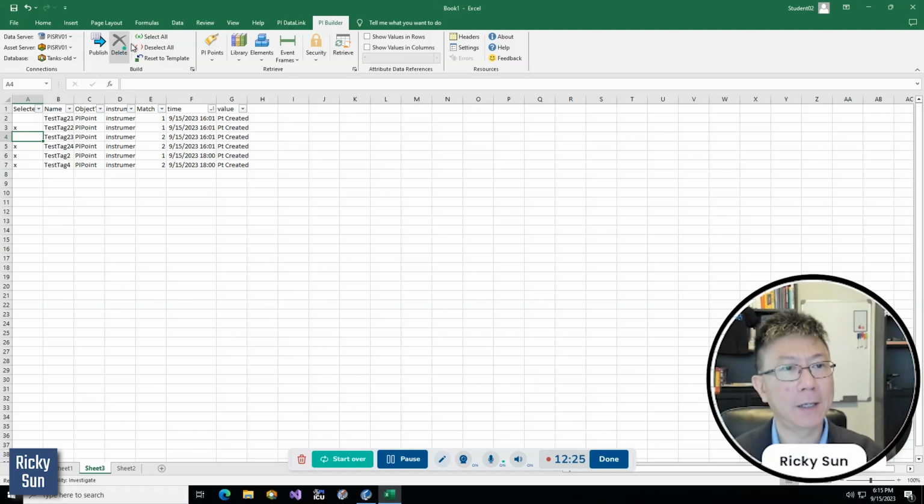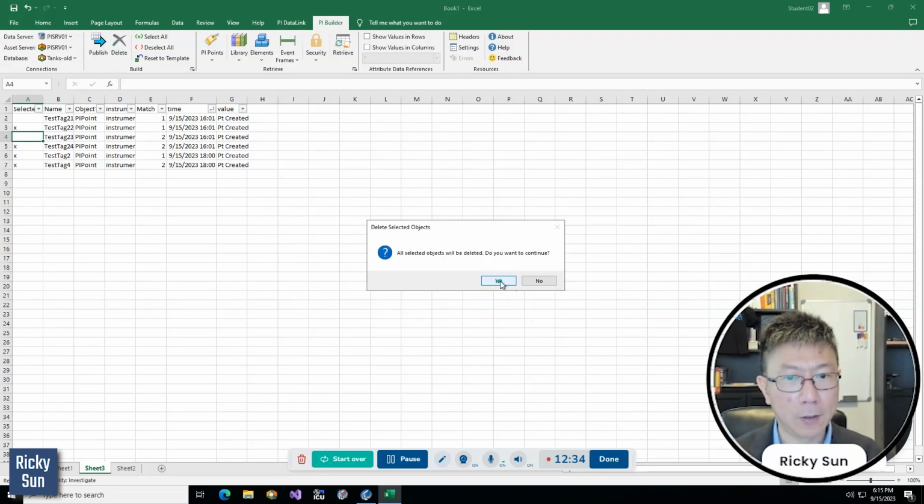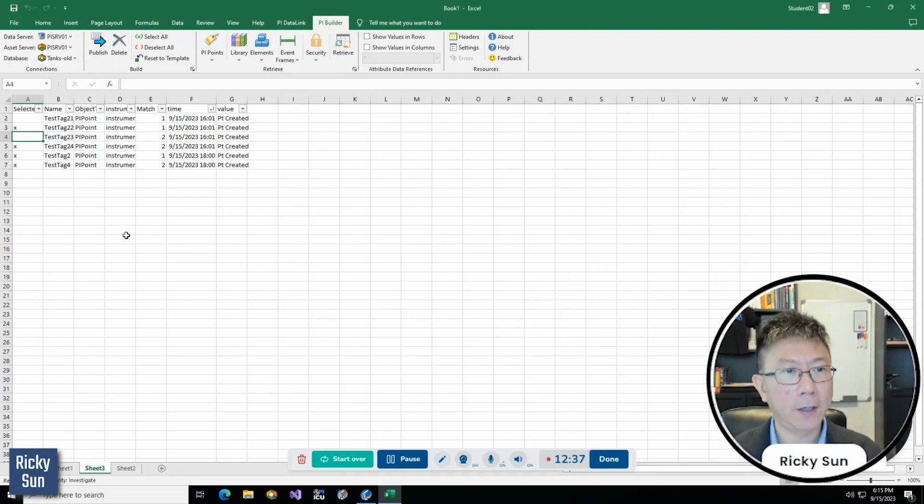Now I have a list I can delete safely. Make sure everything is correct, and then you can press the delete button, go ahead and say yes, and then the tags got deleted, and you have a cleaner PI server with no duplicated instrument tags. That's how I would do it. But there's a lot of manual process, I understand, and there could be programs out there that can do the same thing.